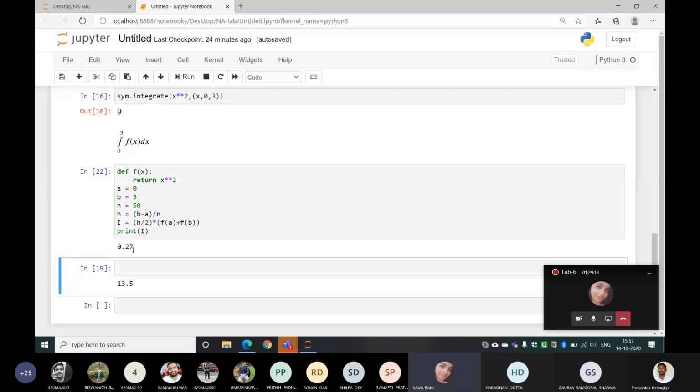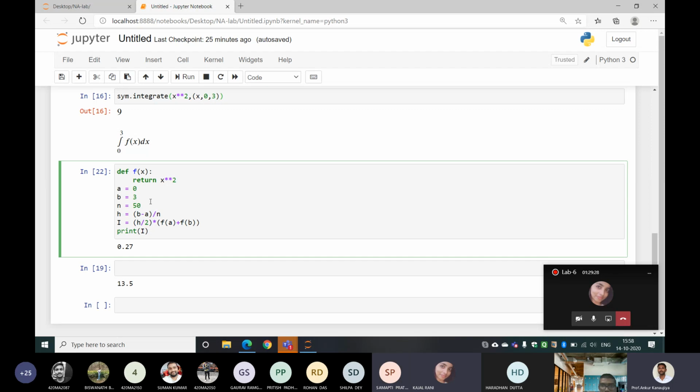We can break the interval, and then this integral will be equal to the sum of two integrals. Then we can take the midpoint, a plus h. Understood. I understood what you people are saying. I will do exactly that. Okay, so let me explain first.